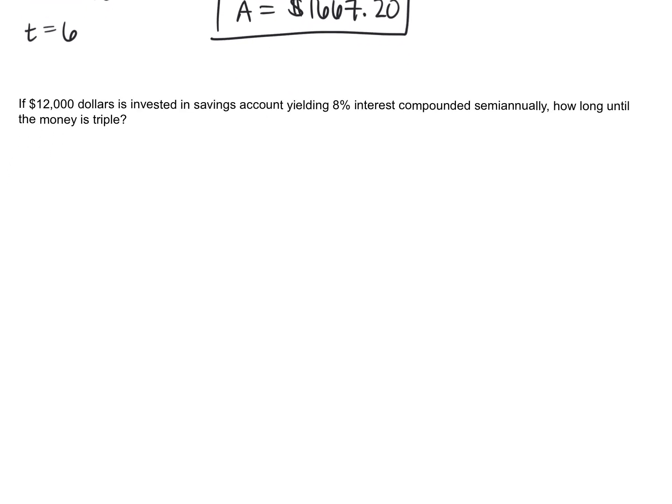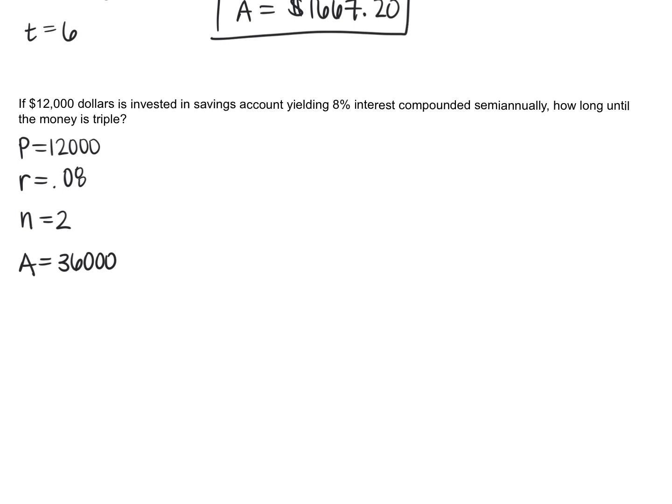The last example we're going to do is solving for an amount of time to reach a specific amount of money. So $12,000 is invested in a savings account yielding 8% interest compounded semi-annually. How long until the money is triple? So we have our initial amount, $12,000. We have our R of 0.08. N is 2. But instead of having a T, I now have an A. So I'm tripling 12,000, which is going to give us